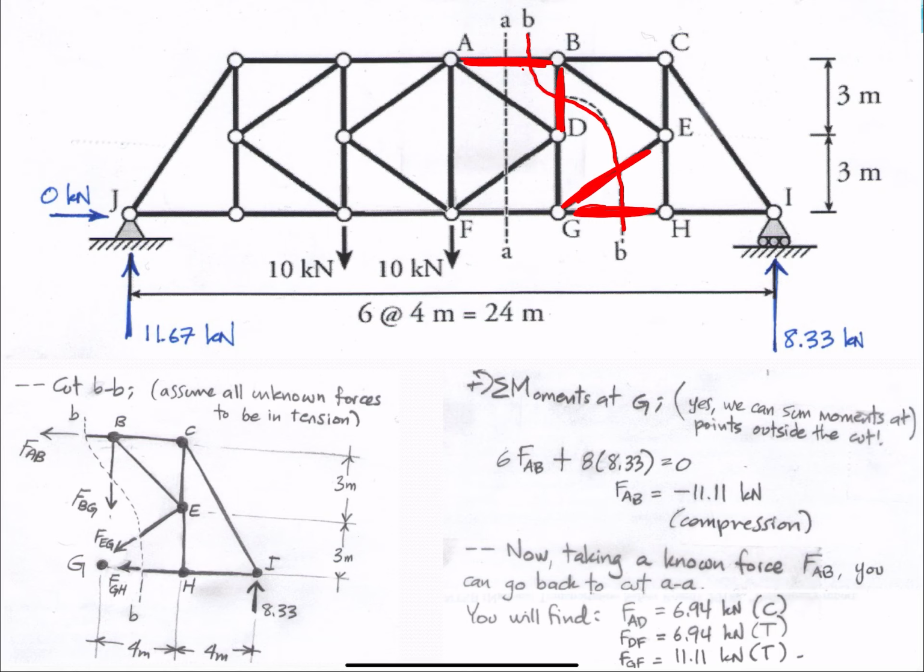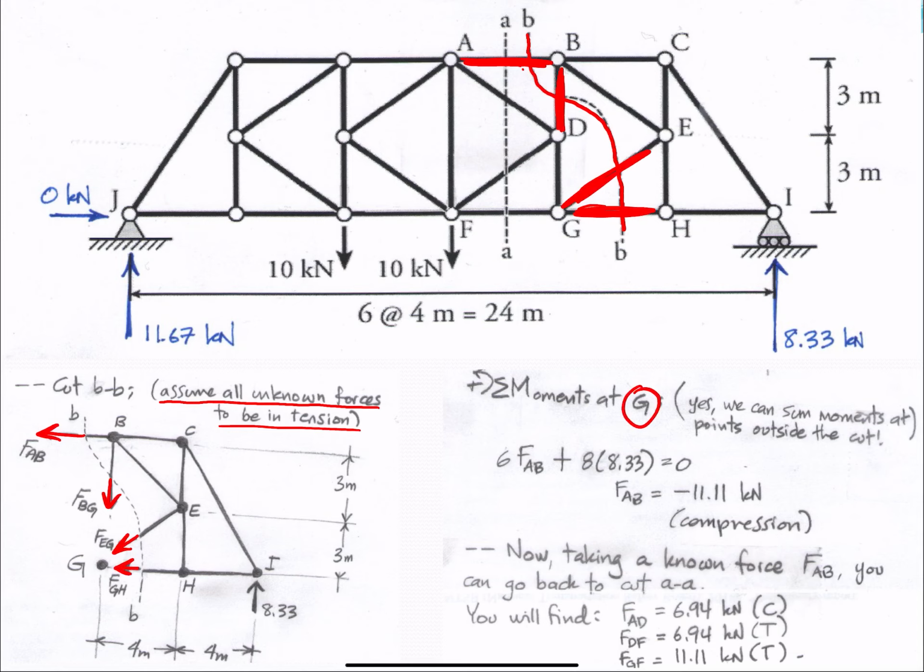When we cut through BB, as I told you, my preference is that we assume that all the unknown forces are in tension. So all my forces are sticking out. You may see that I have 4 unknowns. And then if I take moments at G,